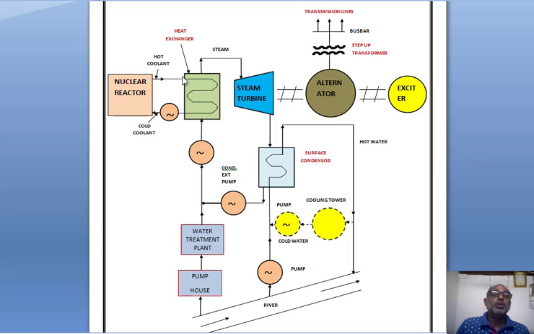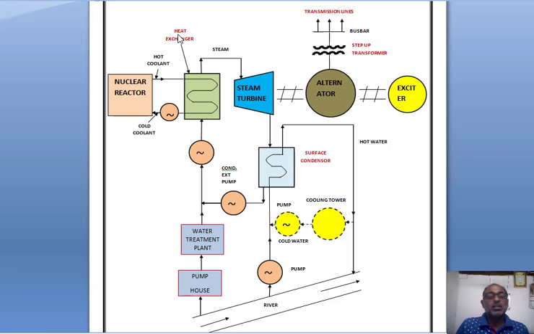Now, this hot coolant is passing through the tubes available in the heat exchanger. Around this tube, water is passing through the heat exchanger. So, the water and this hot coolant come in indirect contact. Whatever heat is absorbed by this coolant is given to the water which is passing through this heat exchanger.